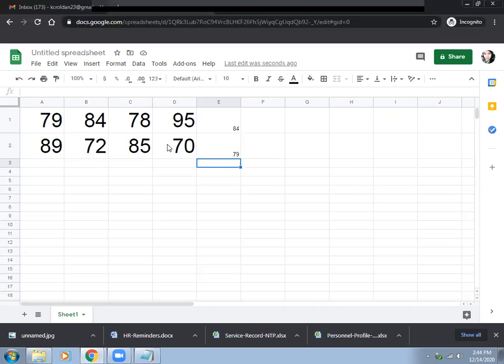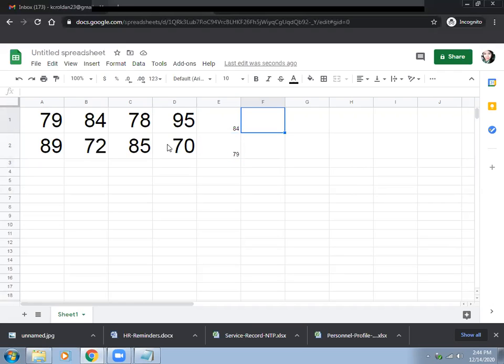So let's say, for example, I am setting a grade of 80 for the passing score. So all scores equivalent to 80 or 80 and above should display the word pass. And if the score is below 80, like 79 and below, it will display the word fail.